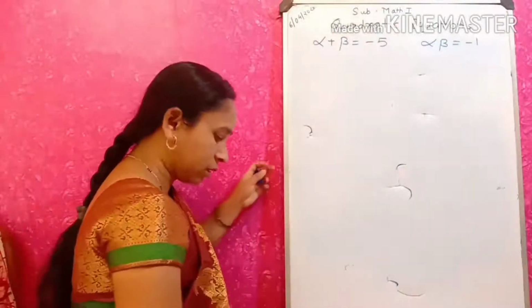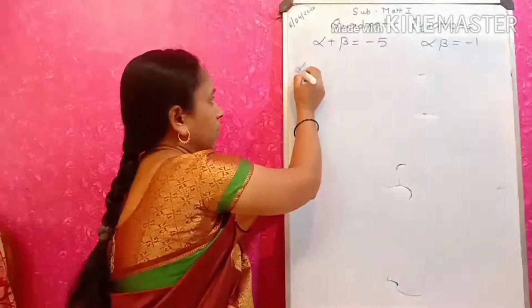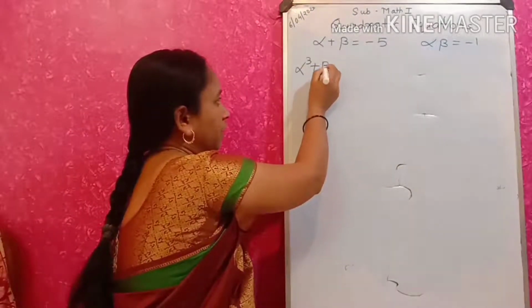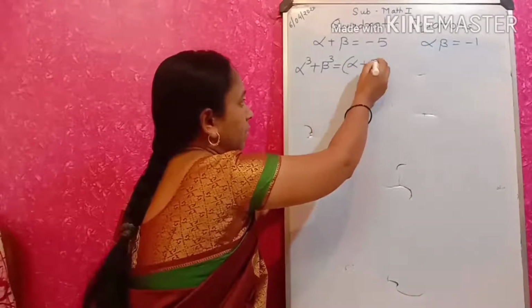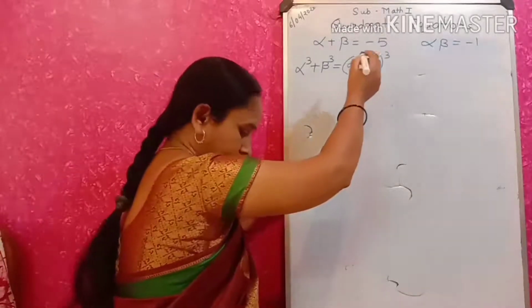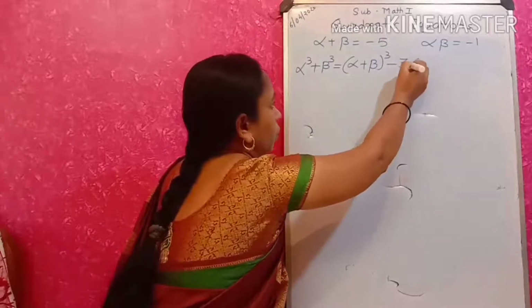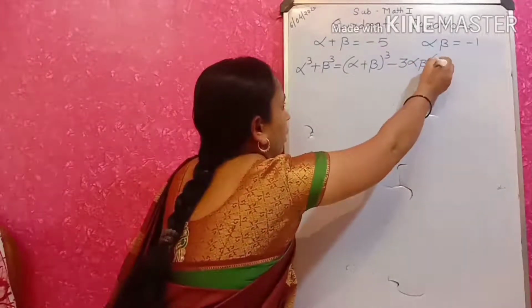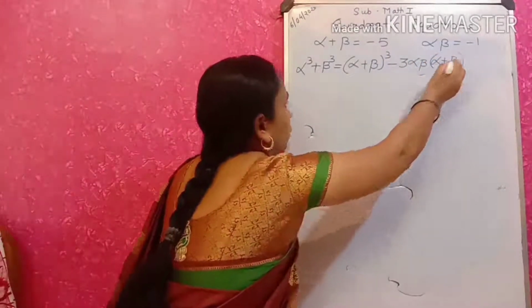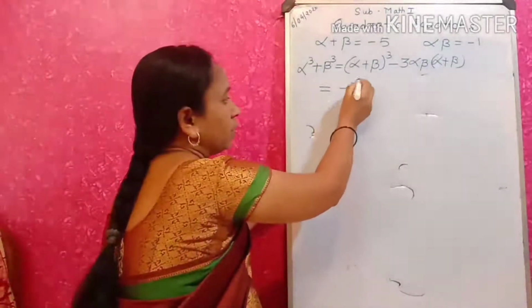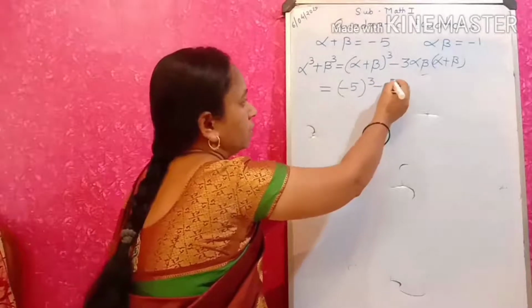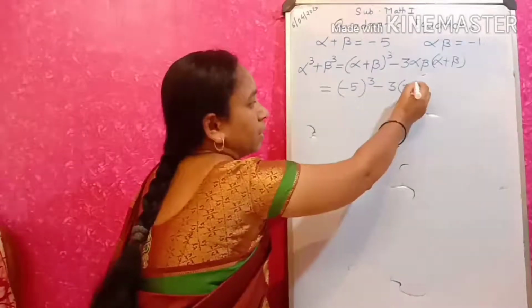Now we will see alpha cube plus beta cube. We will find this by the formula (alpha plus beta) bracket cube minus 3 into alpha into beta into (alpha plus beta). You have to learn this formula. Alpha plus beta's value is minus 5, so (minus 5) bracket cube minus 3 into alpha into beta, which is minus 1,